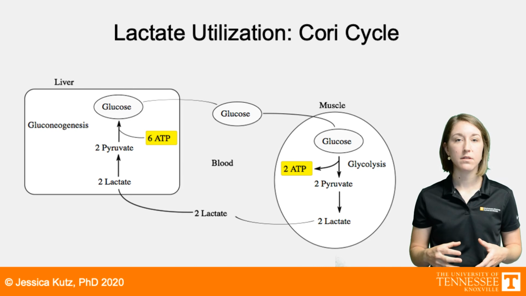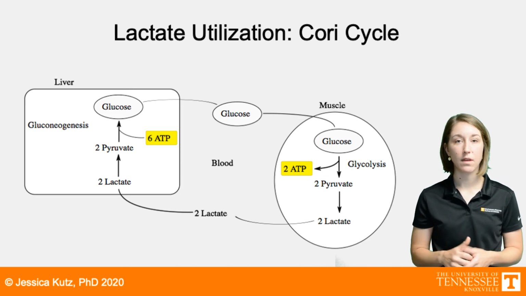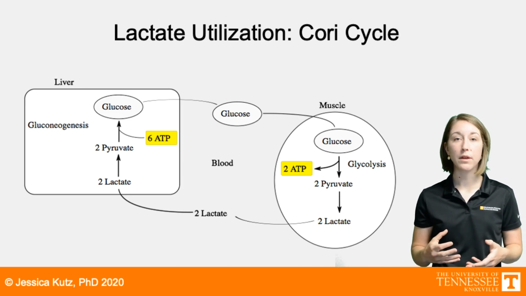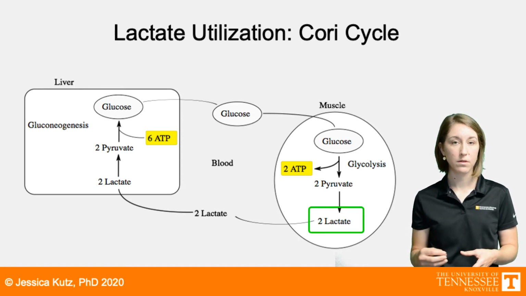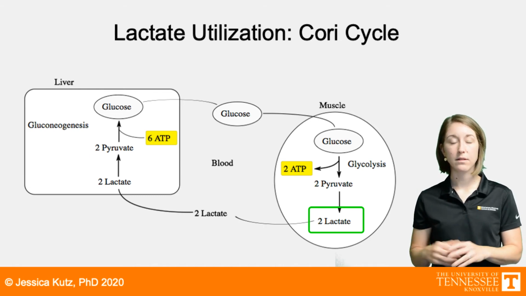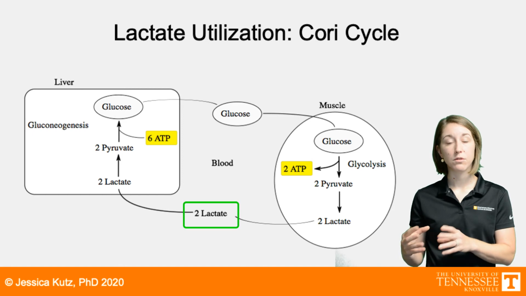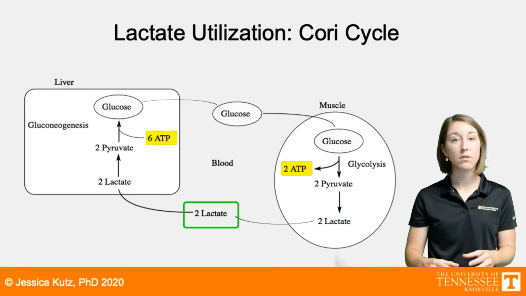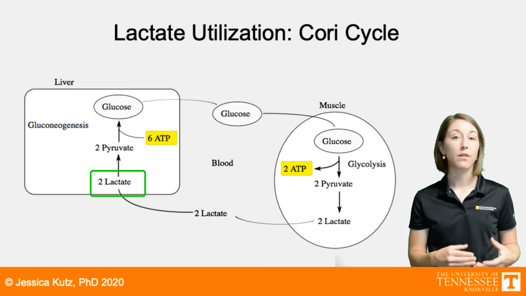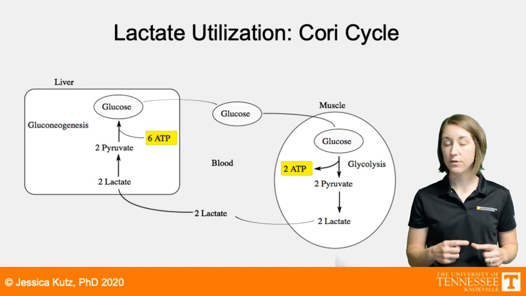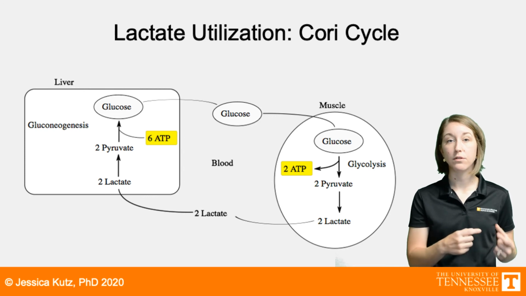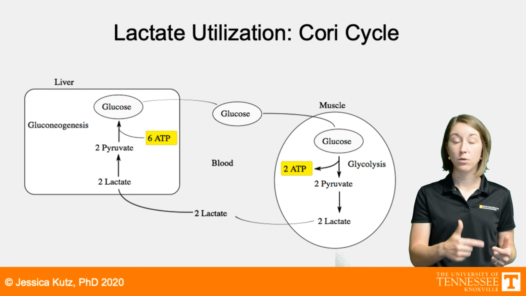This slide gives a nice example or graphic of what the Cori cycle looks like. So we go through anaerobic glycolysis and we end up generating 2 lactate molecules. And that's either from starting with a glucose or a glycogen. We'll have those 2 lactates. The 2 lactate molecules are shuttled out of the muscle into the bloodstream and taken to the liver. In the liver, they undergo gluconeogenesis. So those 2 lactate molecules are converted to 2 pyruvate molecules, so going backwards, which will then be